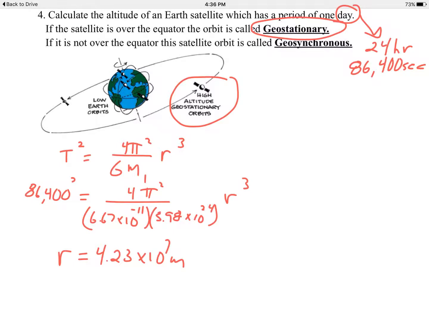So if I show that on a diagram here, from the center of the Earth to where this satellite would be in circular orbit, it didn't come out well in blue, but in red, that's the distance to the center of the Earth. But we want to know what the altitude is, the distance from the surface of the Earth. So I need to take that distance and subtract the radius of the Earth. So once again, if I do that without a calculator and just move the numbers around so I can see it better, that's